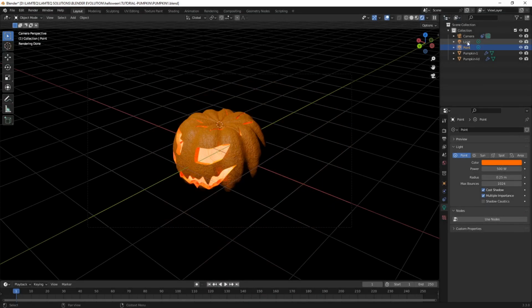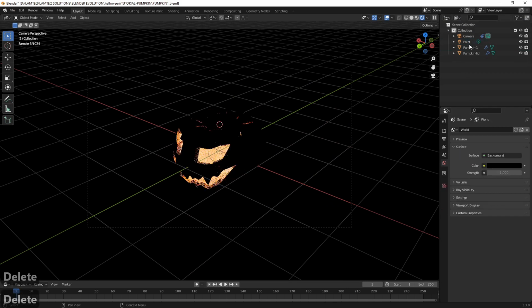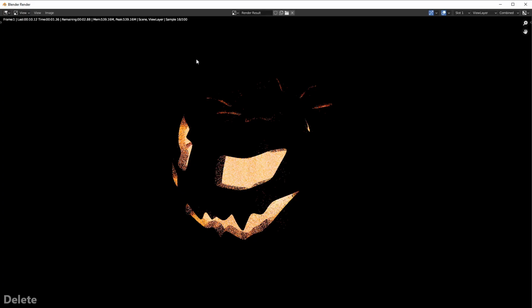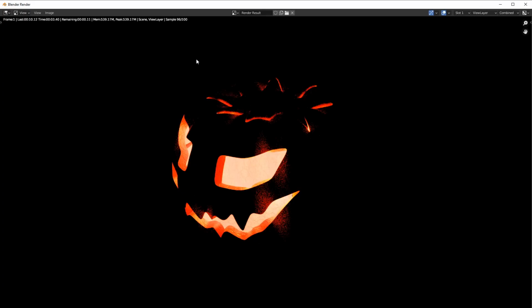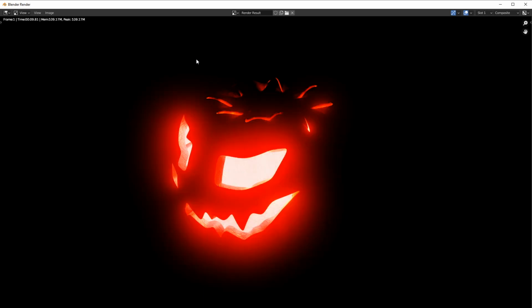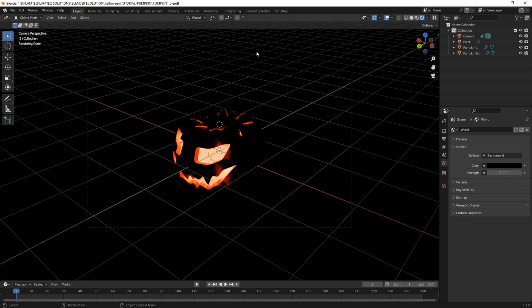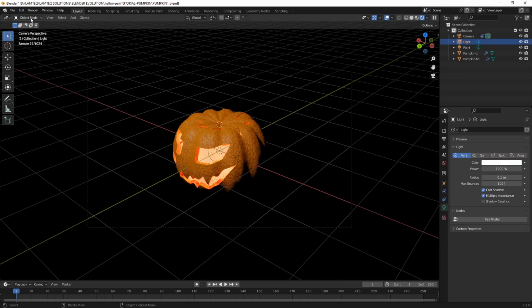I wonder if I was to knock out the light. Turn that out completely. Let's just, go on, let's do that. Render that image. See what that produces. A lot of this is all about experimentation. Now that actually, I quite like that. That's pretty groovy. That's really cool. But we're not going to stick with that for this one. It just gives you an idea of what to do. So put that light back on. Now then, with the light itself,